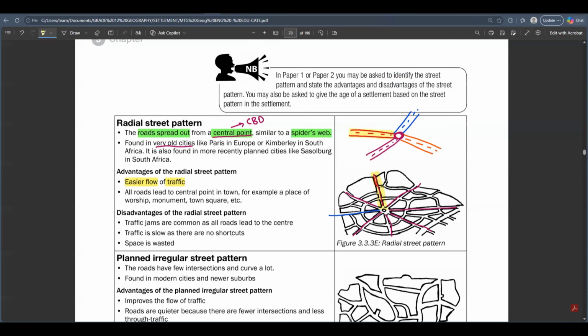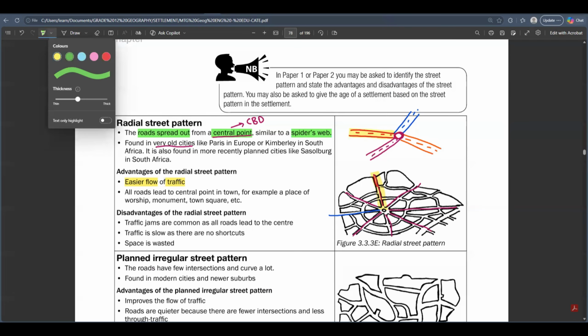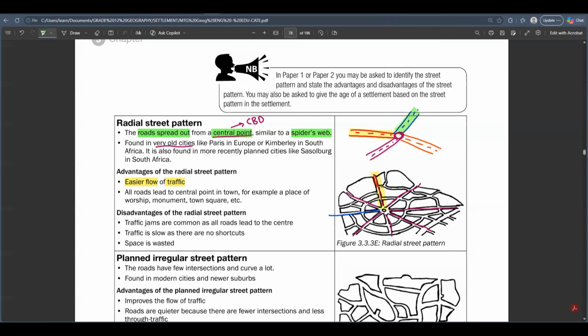And then now you are done shopping at the city center. You are done shopping and you are done doing whatever you did. Now you want to go. When you want to go, there are many roads to navigate to from the city center. You can take this other route and go with it. So the traffic there is easy to flow. There's easier flow in traffic.